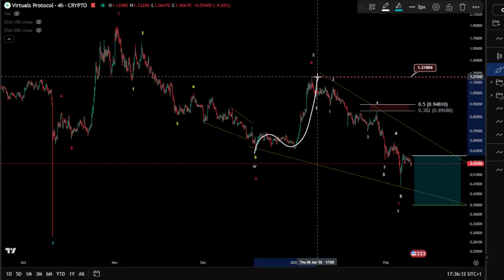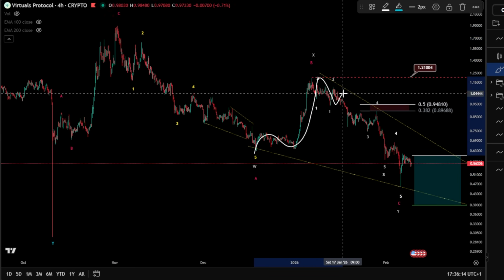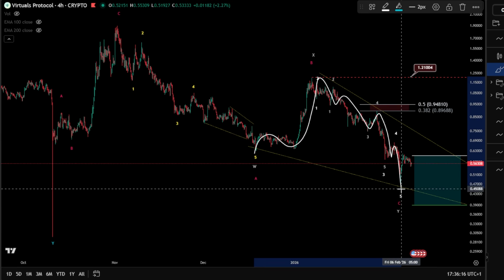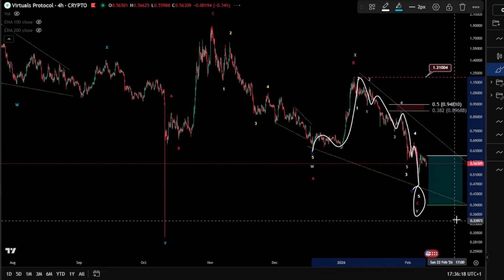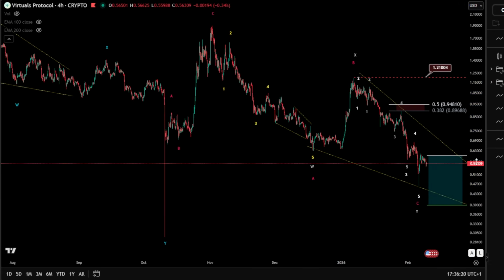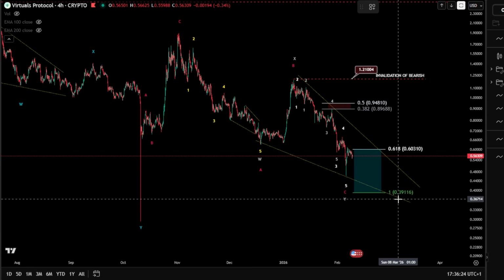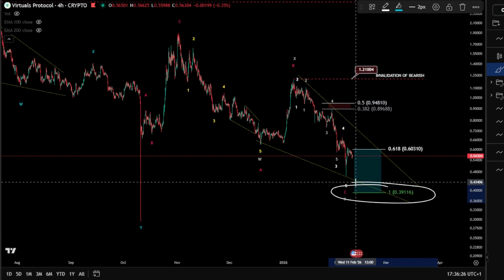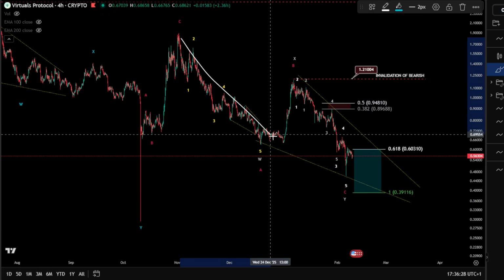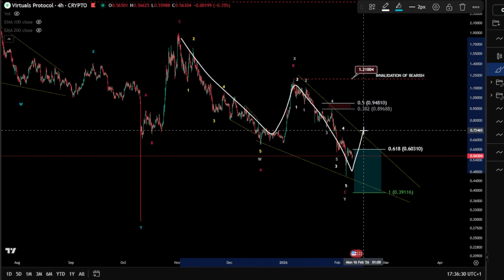And then we have a wave B or a wave 2. And then 1, 2, 3, 4, and a 5, a finished potential wave C there. So if we have finished, as you can see, it is already inside our blue box. But very likely still, of course, the 1-to-1, the most common target, can still be unfolding here